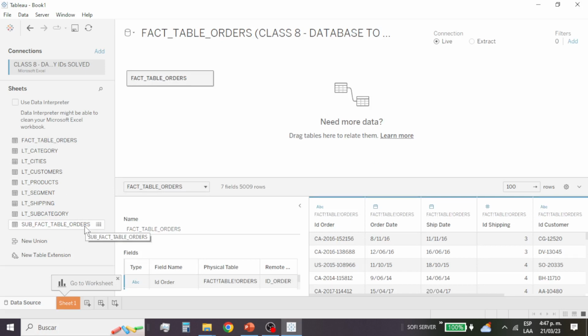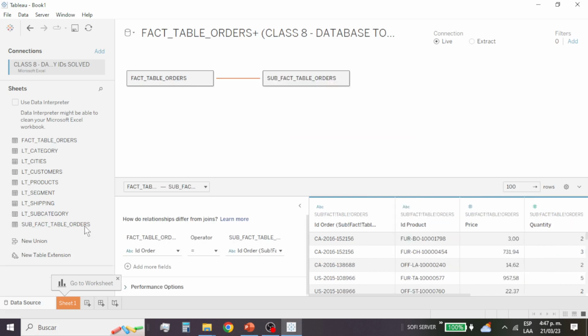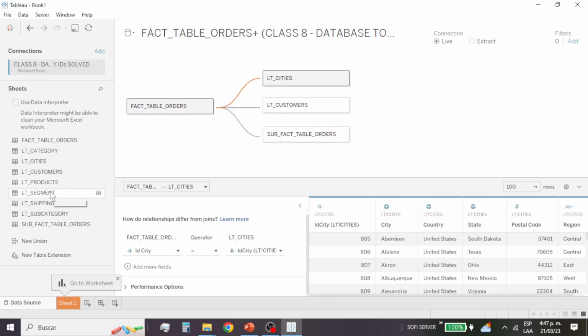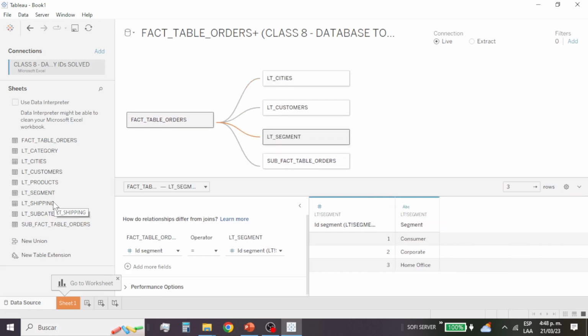Then there's the fact table orders. Double click. If you haven't corrected the source database, you will receive an error here, and you won't be able to continue. I'm going to bring customers, cities, segments, shipping,